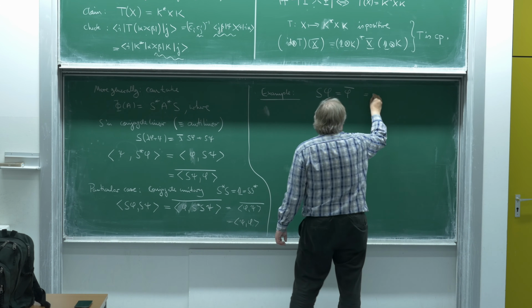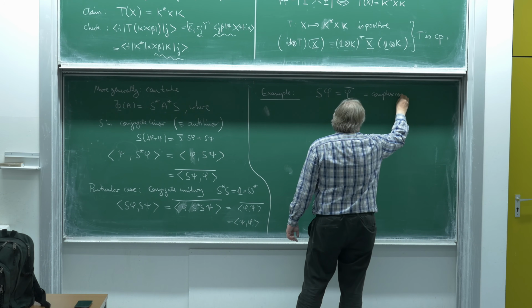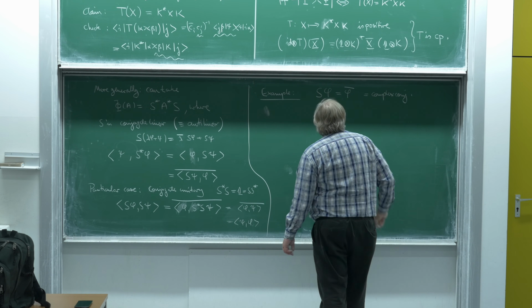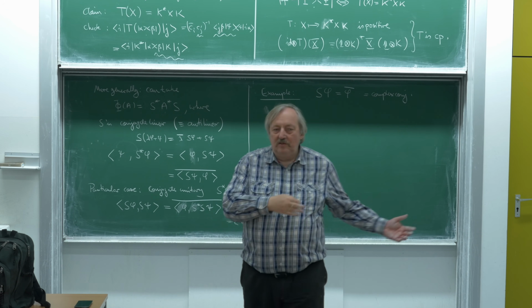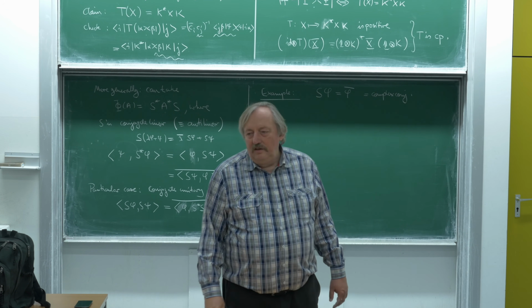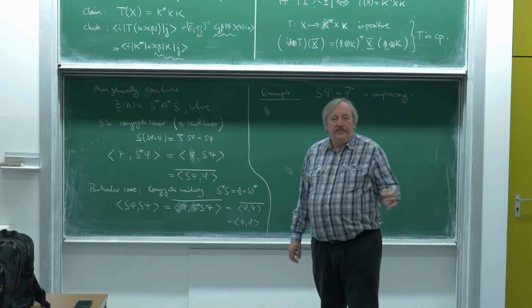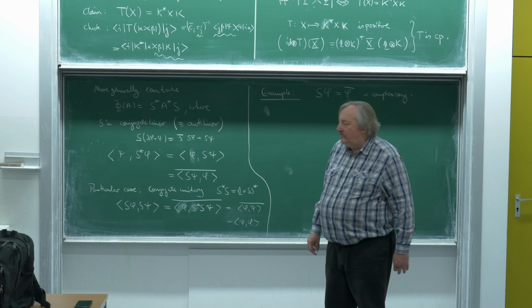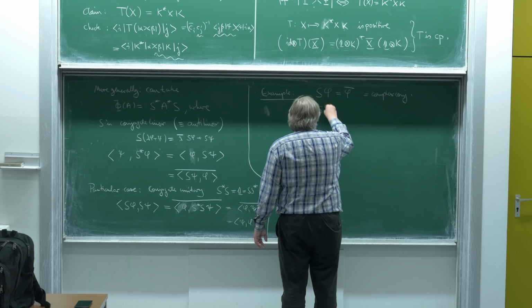This is complex conjugation. So you have a wave function, and you just take the complex conjugate of every value of the wave function. Again, the same warning. This is obviously basis dependent, because what it really means is that S